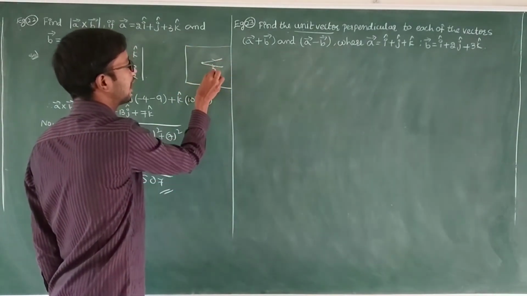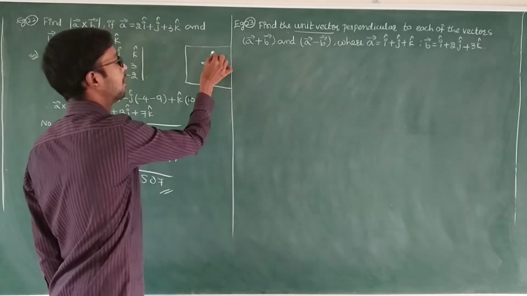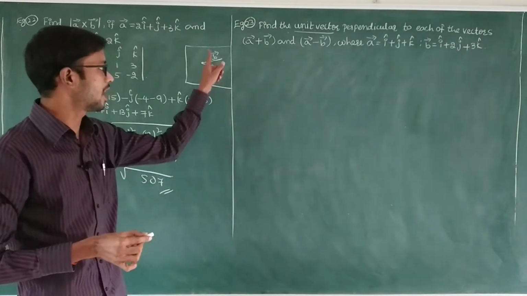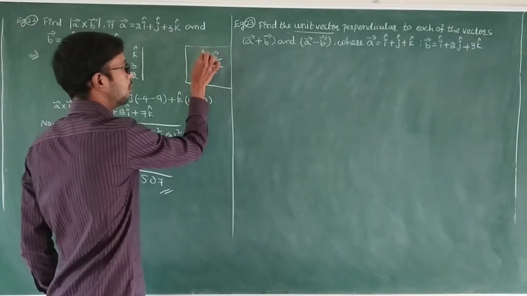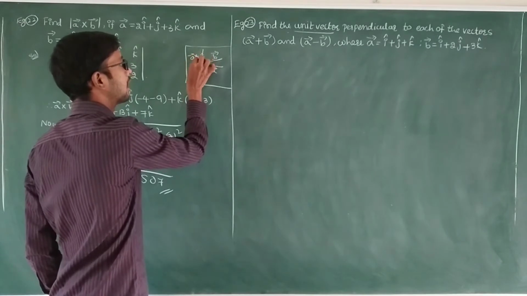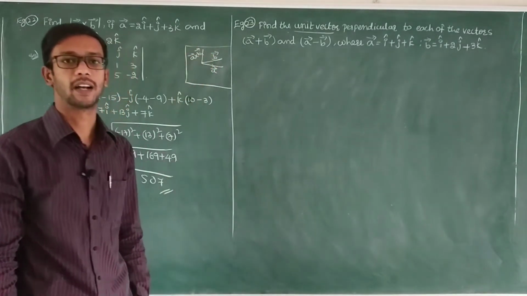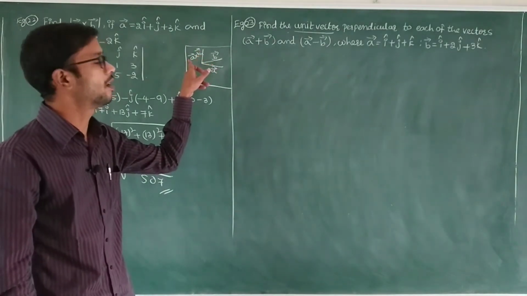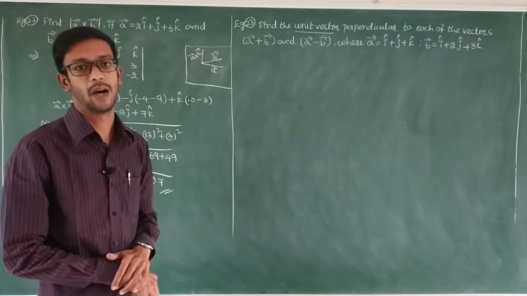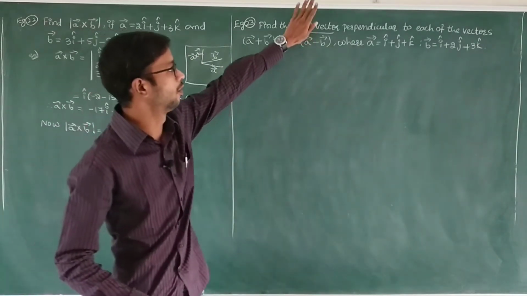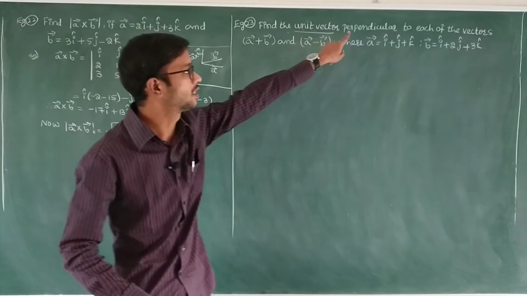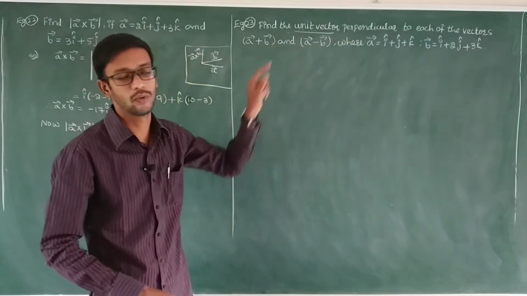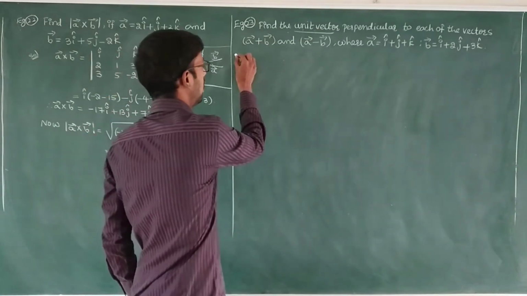Before going to this problem, see one vector A bar and another vector B bar. The vector perpendicular to both vectors is A bar cross B bar. A bar cross B bar is the perpendicular vector for both vectors A bar and B bar. So the perpendicular unit vector we will solve later. First we have to find the vector perpendicular to these two vectors. So the solution is